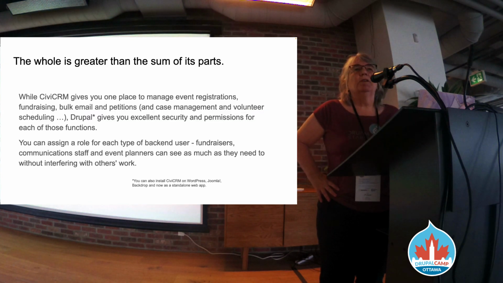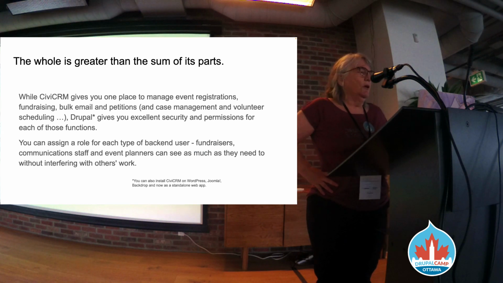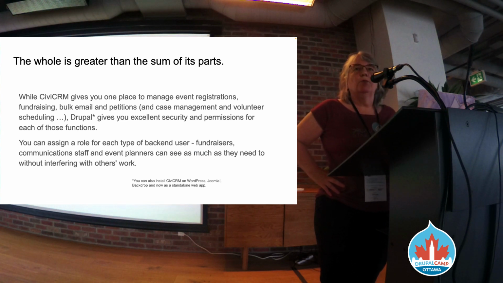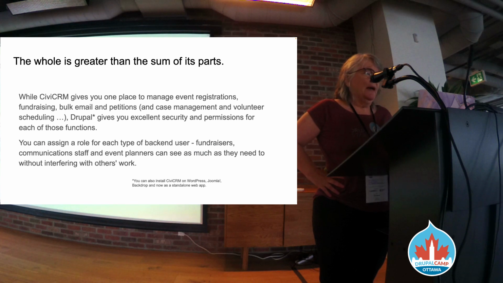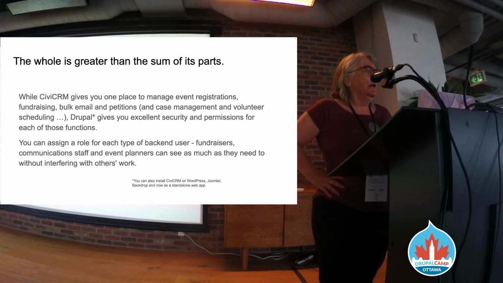So CiviCRM, as I said in tiny print at the bottom, can also be installed on WordPress, Joomla, Backdrop, and some people have developed it as a standalone web app, so you don't need it attached to any site. But I prefer to do it with Drupal because